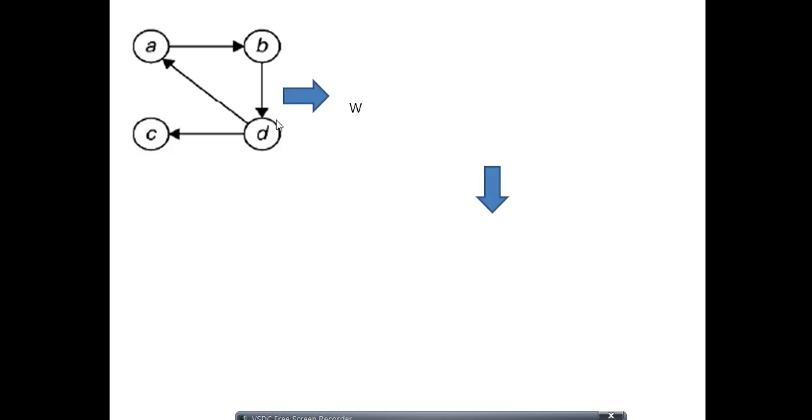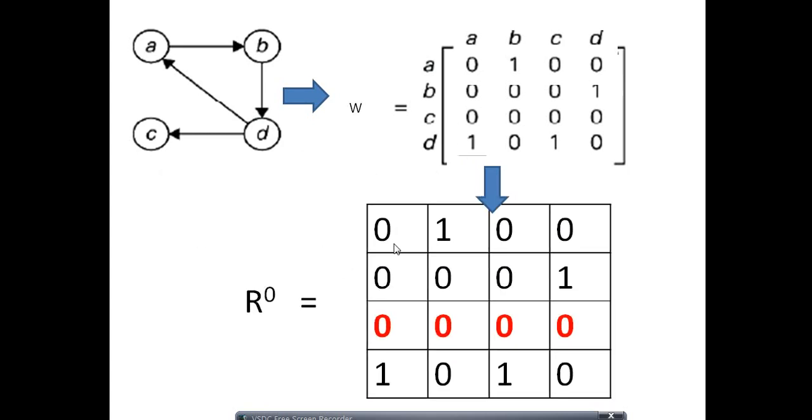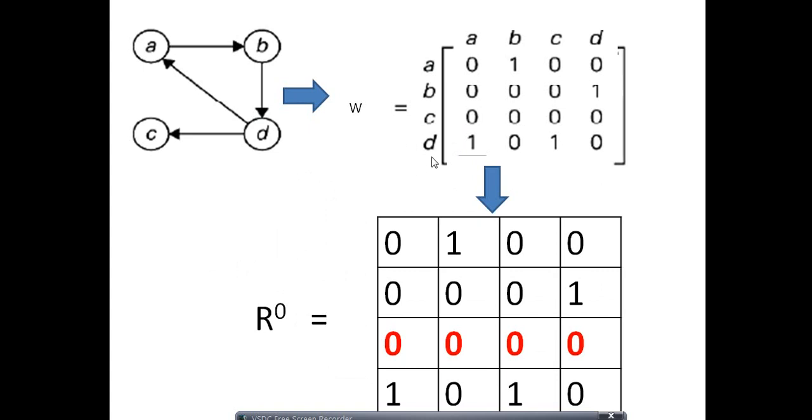Now, first our job is, this is the given diagram. We have to make the adjacency or weight matrix like this, and finally we'll calculate. Now how to take the R naught matrix? The R naught matrix is nothing but the weight matrix, same values as it is. See here, what do the 0s represent? There is no path from C to A, C to D, C to B, like that.